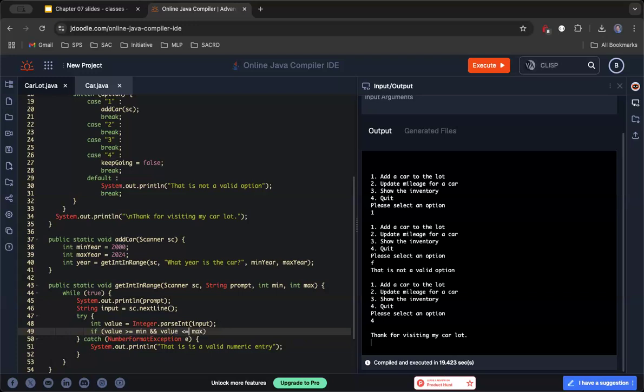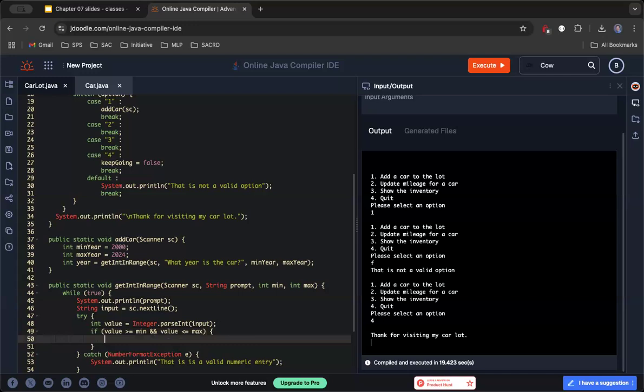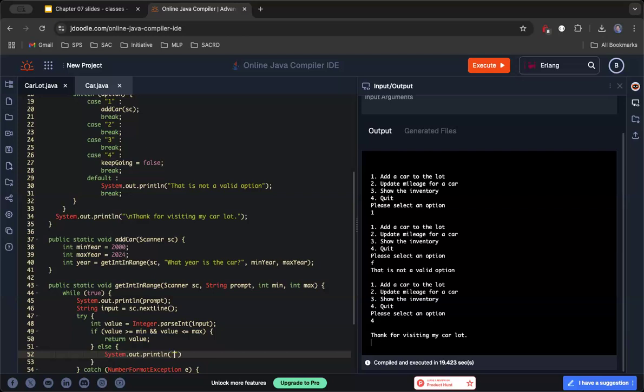And I'm using the double ampersand as the and clause there. So this will say it's greater than or equal to min, less than or equal to max. If that's true, then it's good. And let's return it. If that is not true, then we want an else block. And what we want to do is tell the user to please enter between the min and the max. Let's see. Value must be